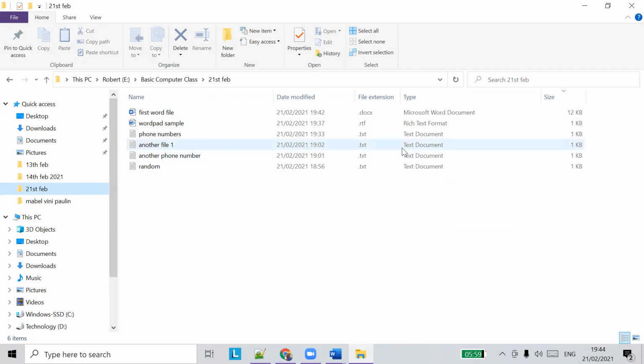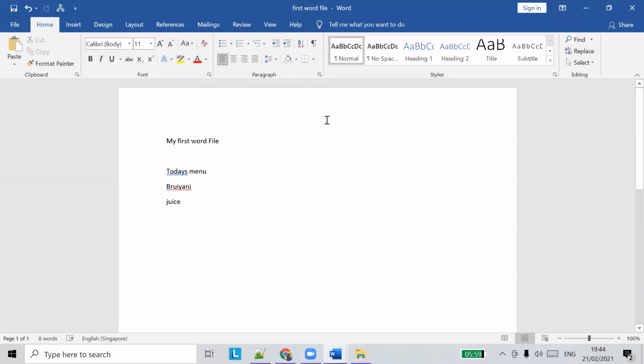So these are the different types of files we can use for Word, I mean for typing Word content. Okay, so we'll open the first Word file again, click on it, and we'll see the same things we did for our text document: how we searched, how we changed fonts, all these things. We'll type the same examples.